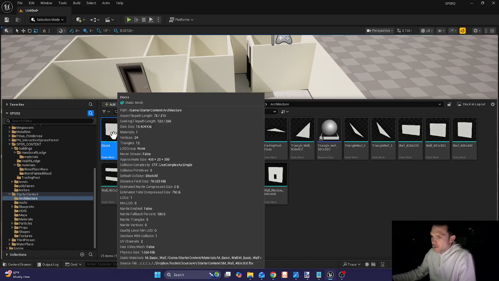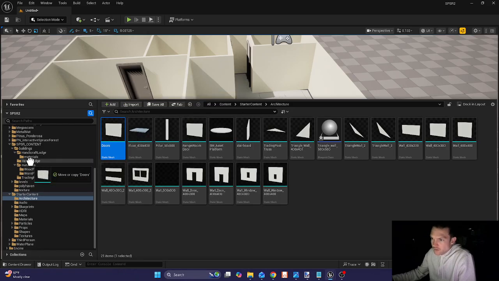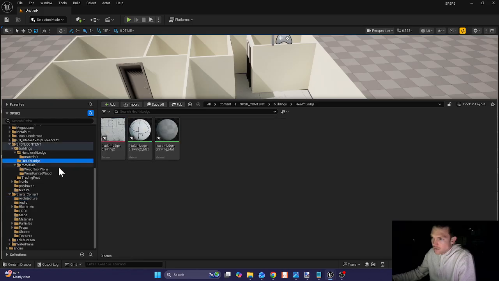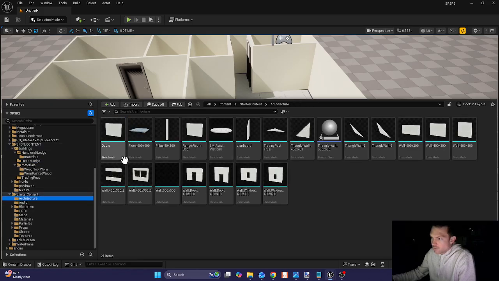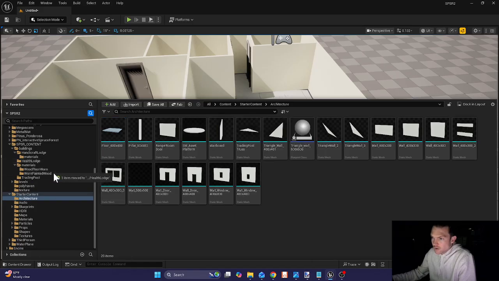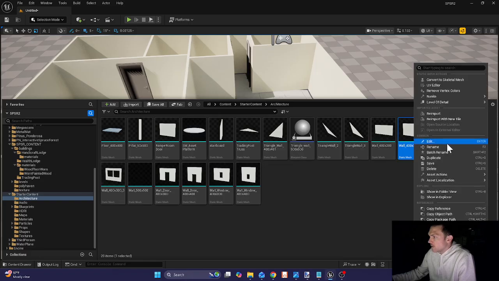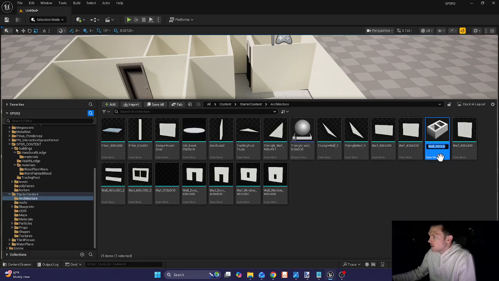And then I'm actually going to move this into the health lodge because we're probably only going to use this for the health lodge. So we're going to drag in the health lodge, say move here, and then let's copy this and call this health lodge